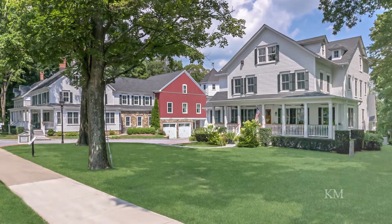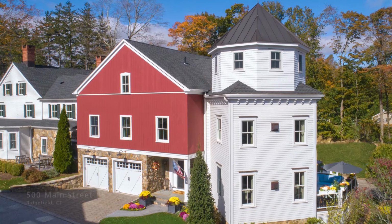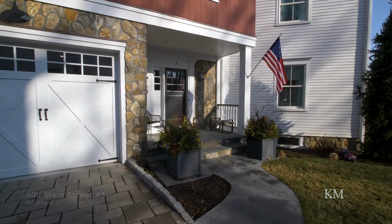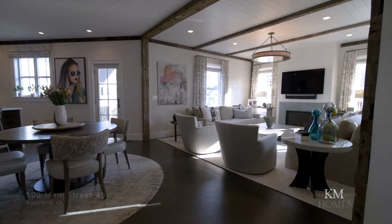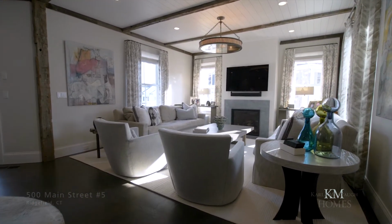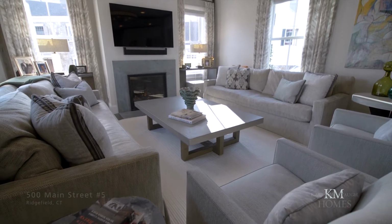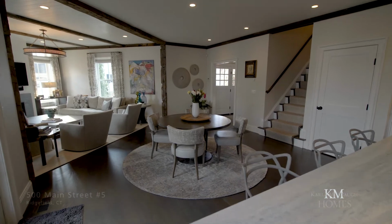Welcome to the Elms in the heart of Ridgefield, Connecticut. This 5-bedroom custom condominium, known as the Water Tower, is a one-of-a-kind masterpiece reflecting transitional design and top-quality construction. There is truly nothing like it in the area, nor is there the opportunity to build something as special as